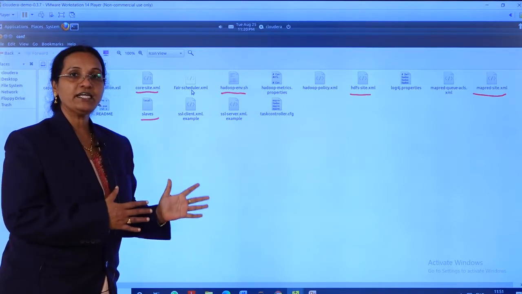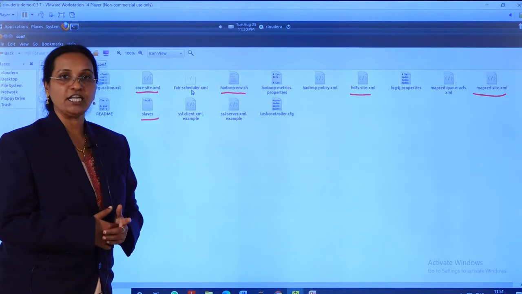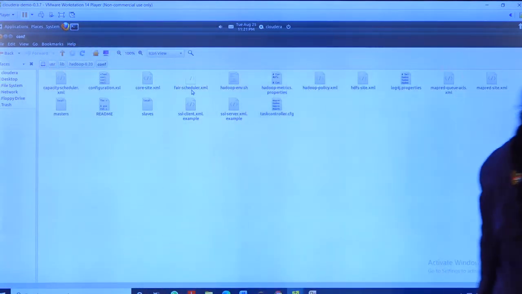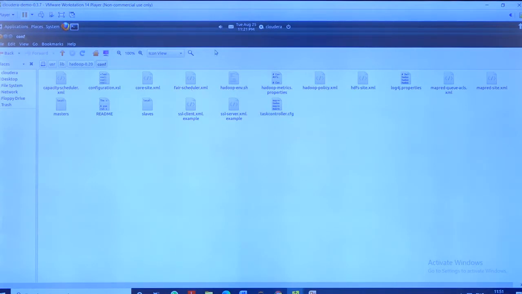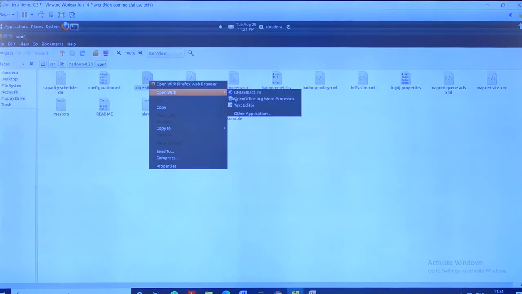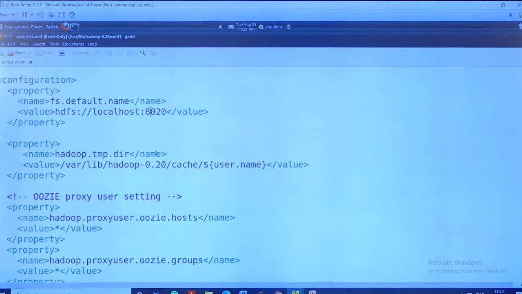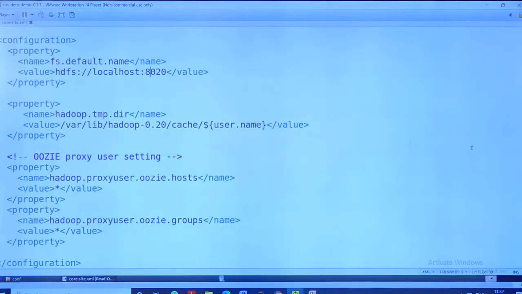Now what are the contents present in these files, we are going to see one by one. Let us see the first one, core-site.xml. I am opening it with the text editor. These are the contents available in the core-site.xml file.